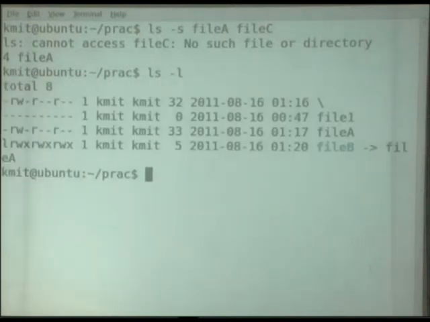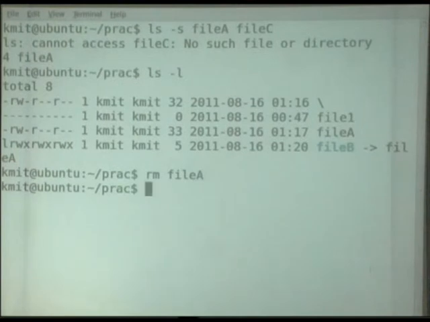Now what happens if I remove the soft link? Nothing happens. It becomes the earlier situation where I have created one file and I have not created any link. But what happens if I remove the original file? The original file is file A. Now when I have removed file A, let's see.